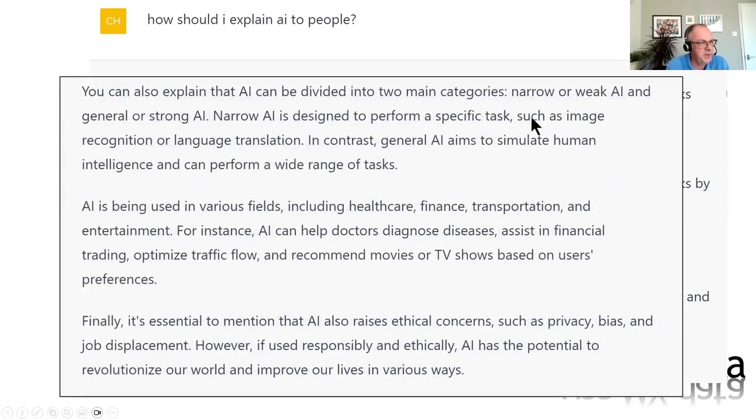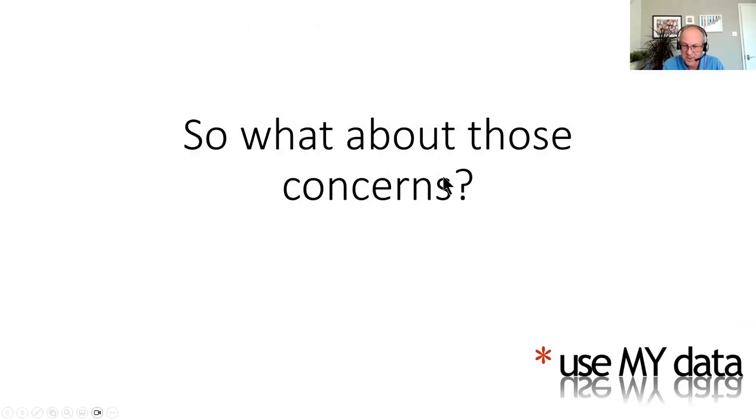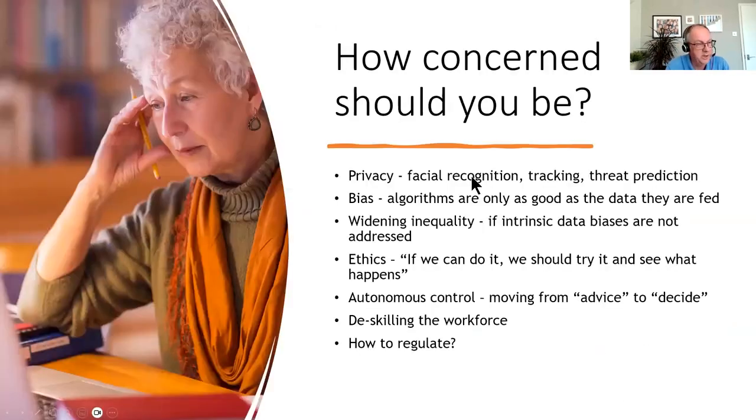And interestingly, on the second page of the answer, because it was a long answer, it pulled up some other things, including doctors diagnosing diseases in the middle of the page. But then it also highlighted ethical concerns, and it gave some examples, such as privacy and bias and other things around changing the working world. Are our jobs going to disappear? We've heard that over many generations with different technologies coming on, but it flagged those up as well. So, well, what do you think are those ethical concerns? And there are some examples here.